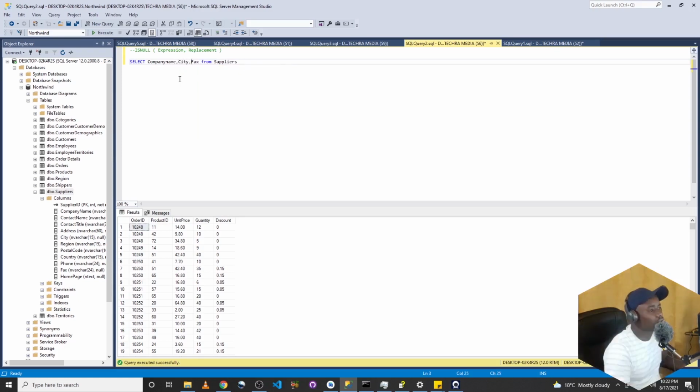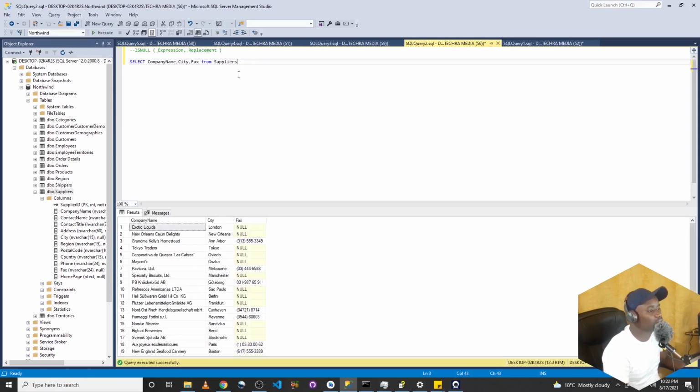So let's have the three columns: company name, a city, and facts. If we go ahead and execute this one by pressing F5 or clicking this button here, we get all the null values. But now if we want to replace these null values with a particular constant facts number, they can come here to the column and say